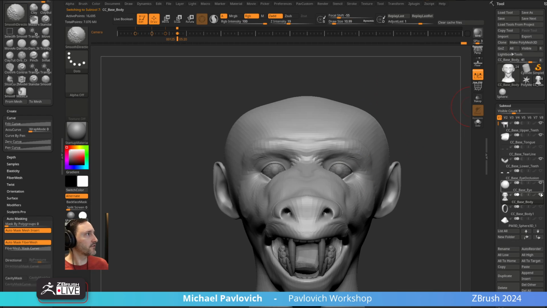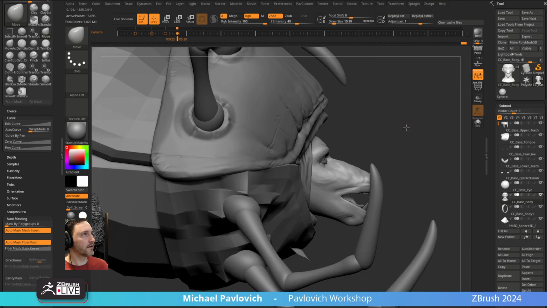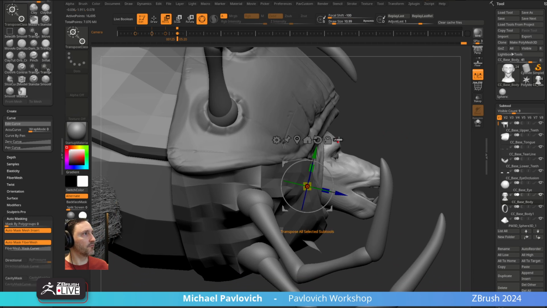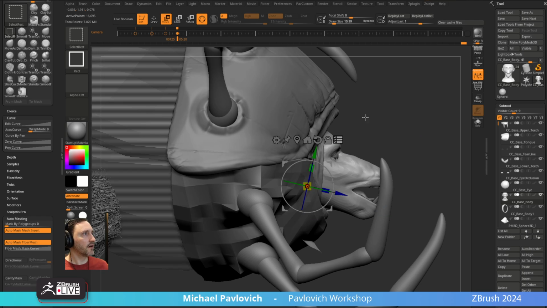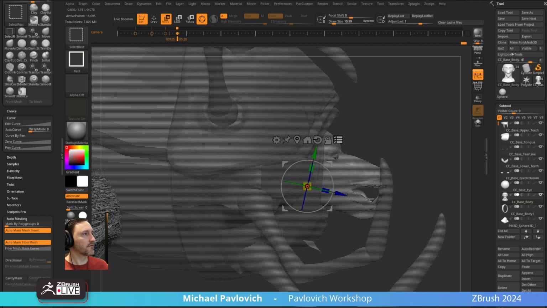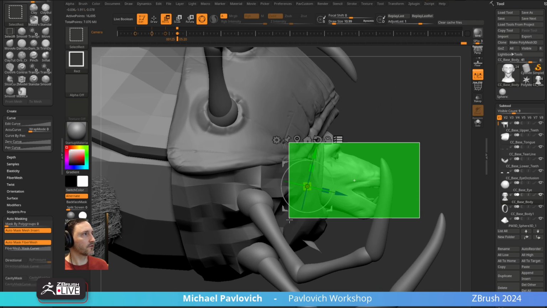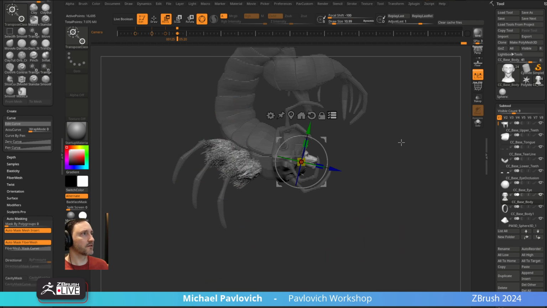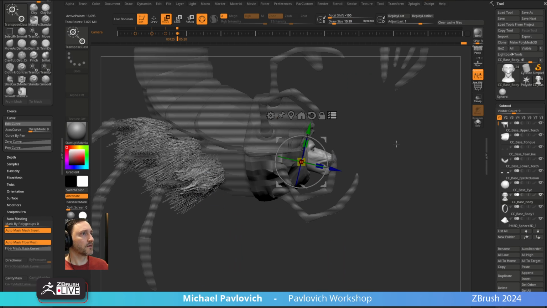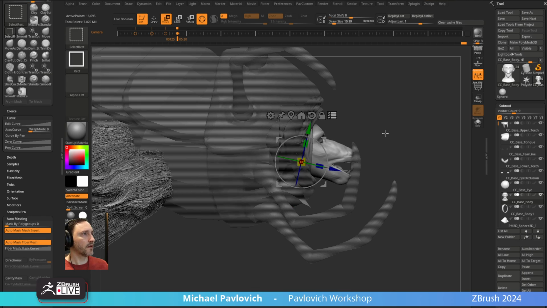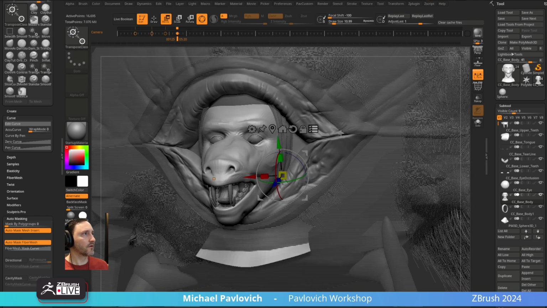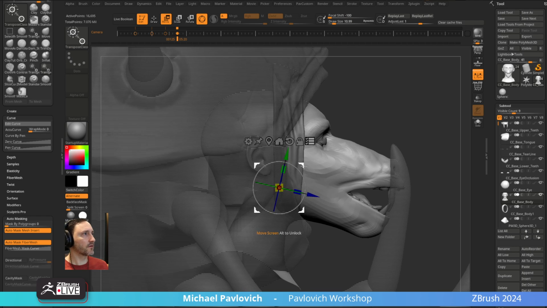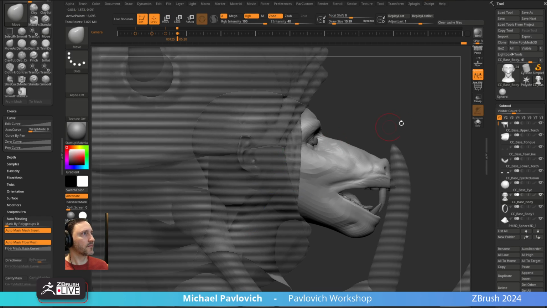Now, while I'm doing all this moving, we got to remember that we do have other aspects. So we go in here, this thing is kind of squeezing through this opening, right? So I'm going to go back in here to move multiple, Control Shift drag. We're going to move over all this stuff, Control Shift Alt to get rid of, Control Shift drag, Control Shift Alt, Control Shift Alt. There we go, Control Shift Alt. Okay, there we go. So now we can go through. We can just move, let's move the membrane back a little bit, and then